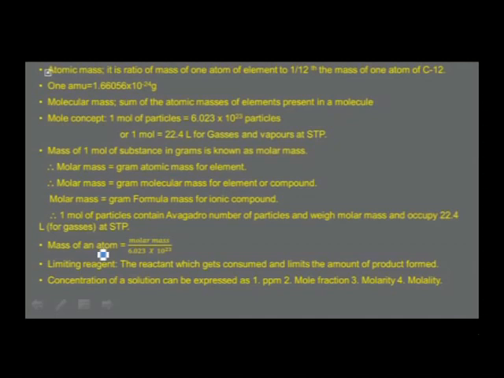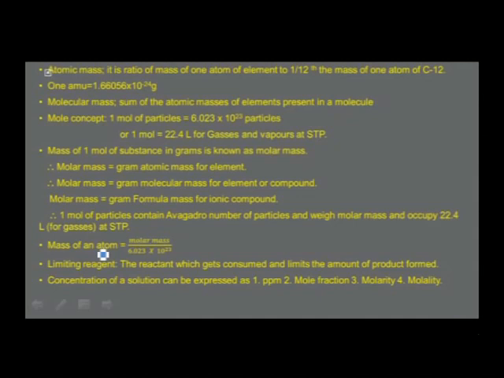Mole concept, we understand it is as many particles as there are atoms present in 12 grams of carbon-12 isotope. Therefore, 1 mole of particles is equal to 6.023 into 10 power 23 particles, or if it is a gaseous or vapor, then at STP 1 mole of particles occupy 22.4 liters. Therefore, we understand that what is known as molar mass